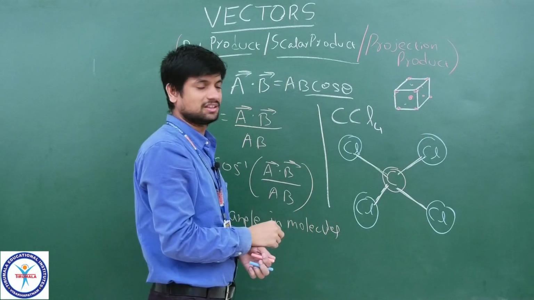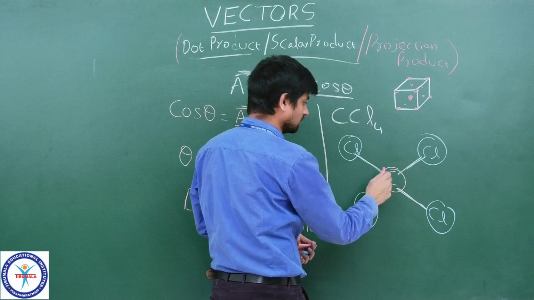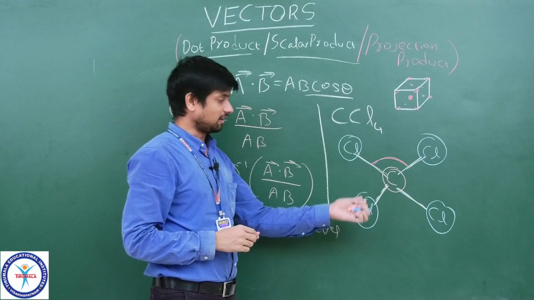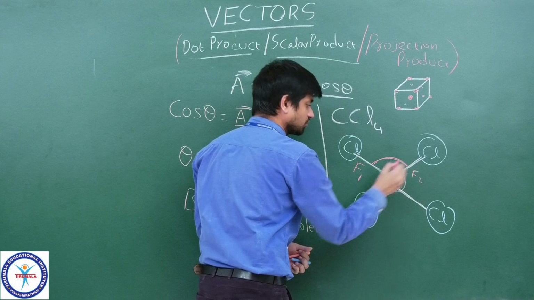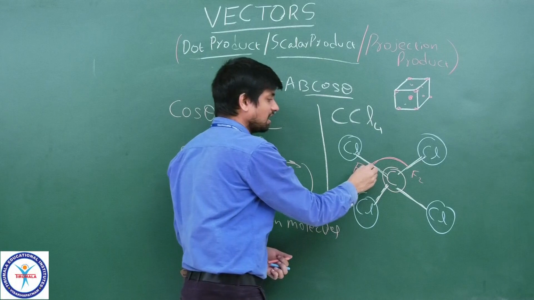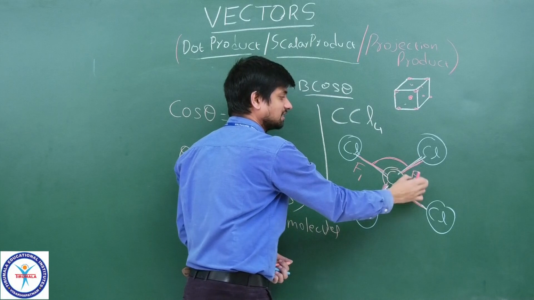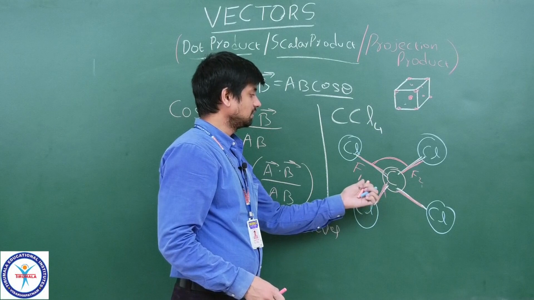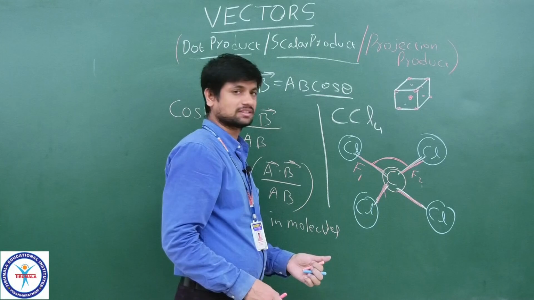Okay, children, three-dimensionally they will appear. Simply, if you want to take these three in one plane, how can we know the angle between them? Chlorine, chlorine, both are forming here which forces? Force 1, force 2. If you know these magnitudes and the length, and these all have the same length between them, this length represents this force. Between them, the chemical force to attract each other. If you know these forces, I want to know the angle.